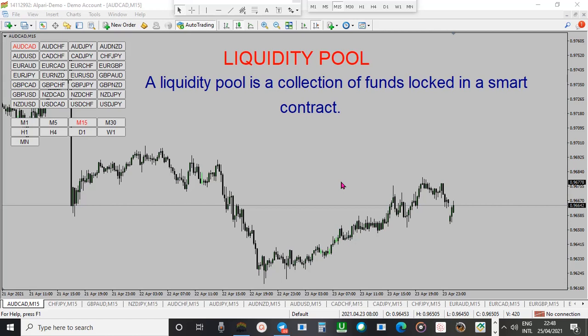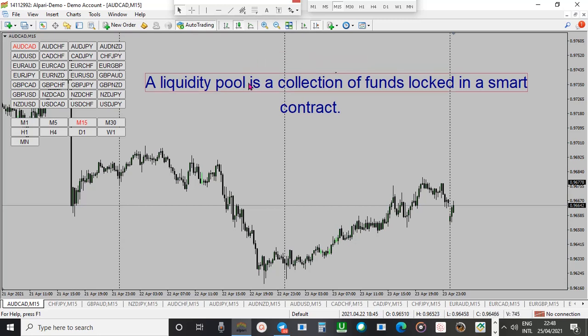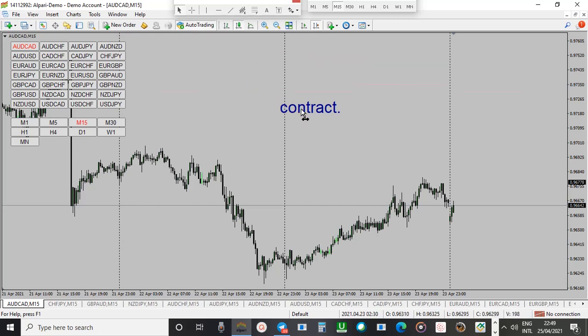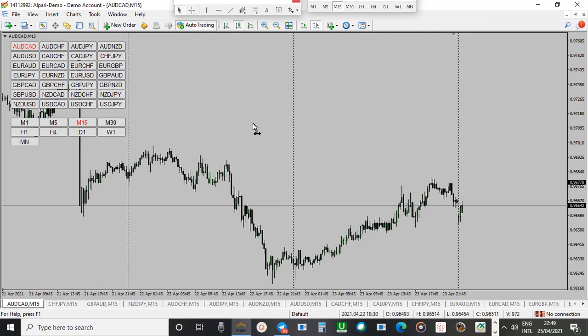But there are places where you can find orders, and that is what we are considering. We call it liquidity pool. Let me just put the marker there, and then remove this so that I will show you where orders are hanging, where markets can